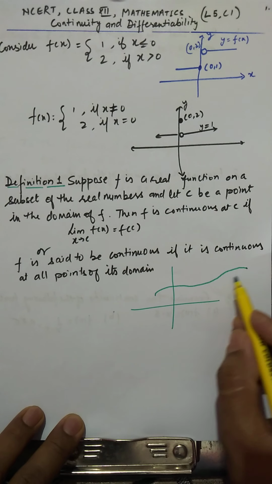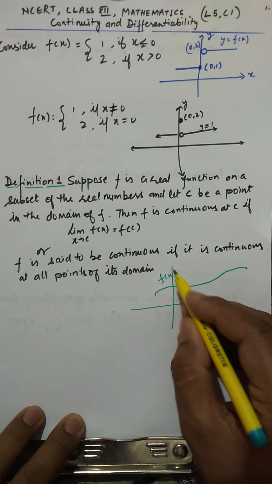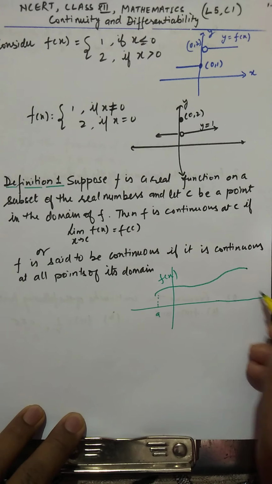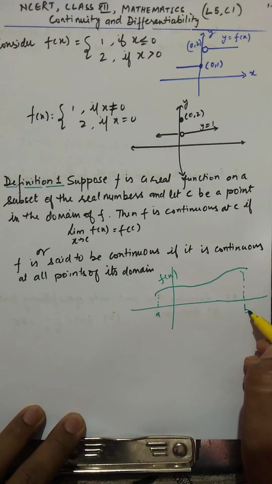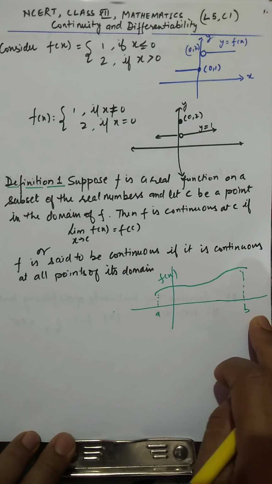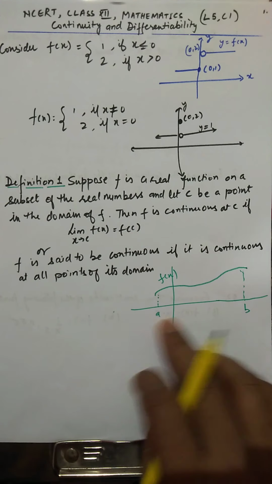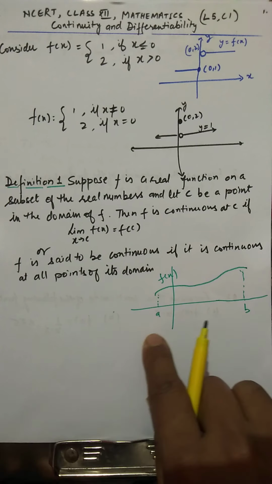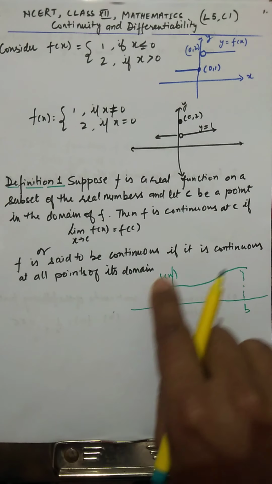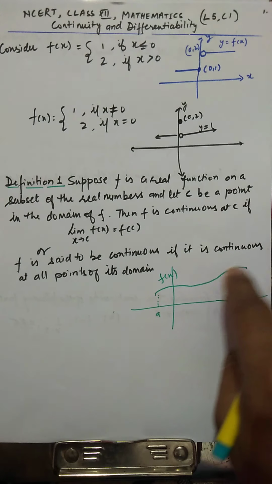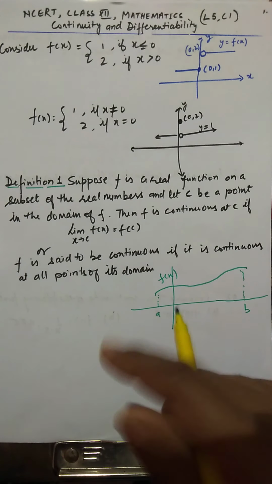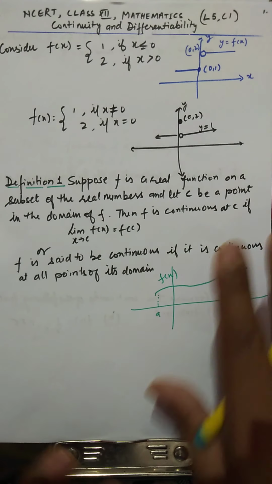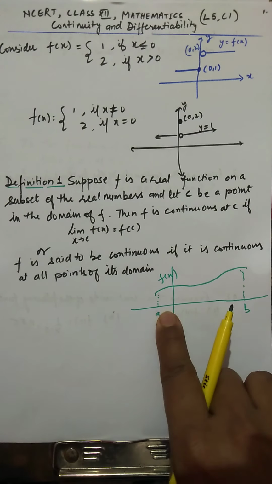So this graph you see, I have drawn it, and this is some A and this is some B, which means that the function is defined in this interval AB. AB is the domain of the function f(x). So if I can draw the graph of this function f(x) without lifting my pen or hand, then you can say the function is continuous in very simple terms,